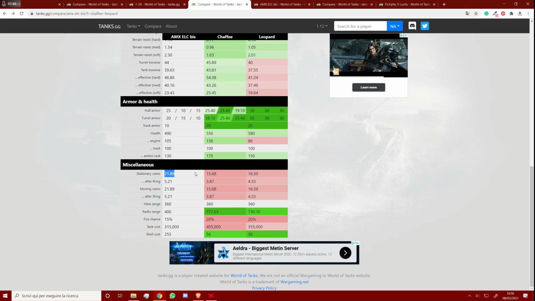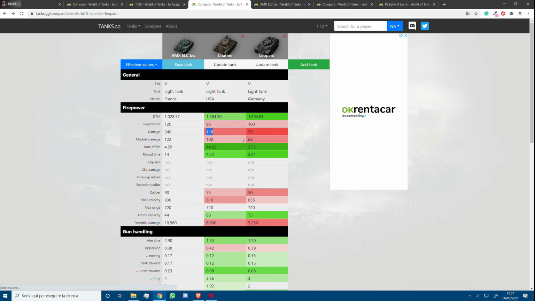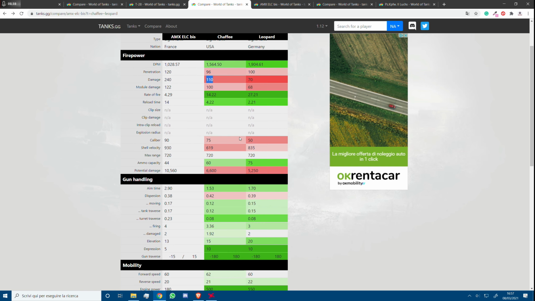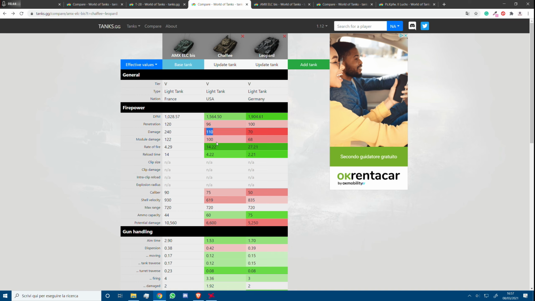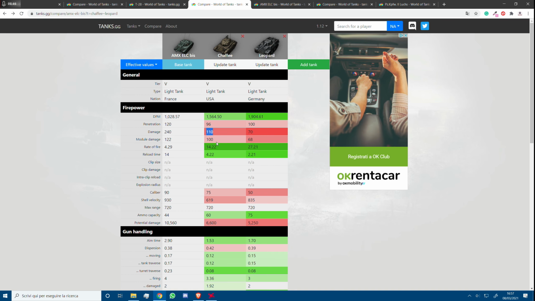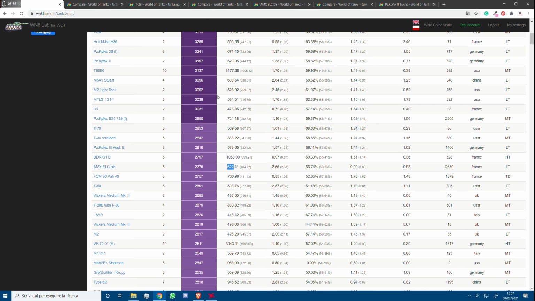A good news is the camo. It's really high compared to his opponent. The shell cost is pretty high for the damage. You're not gonna make a lot of credits in this tank, but with 2, 3 or 4 shots, 3 or 4 is obviously better, but you're gonna have a lot of WN8 because just 3 shots are gonna put you above this